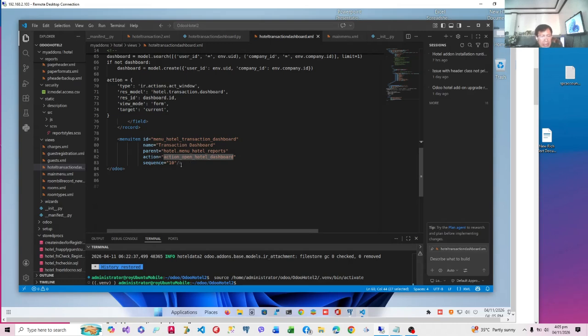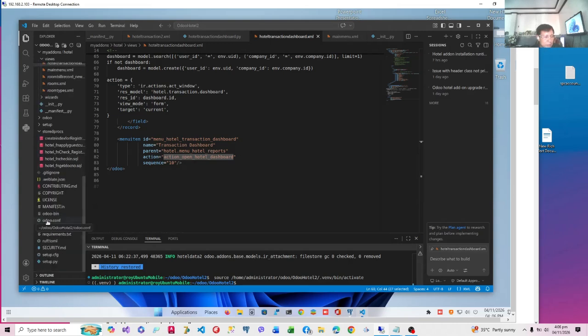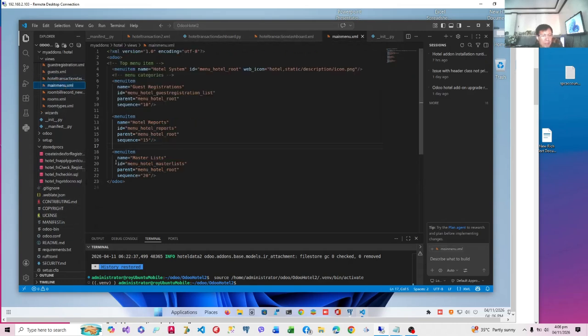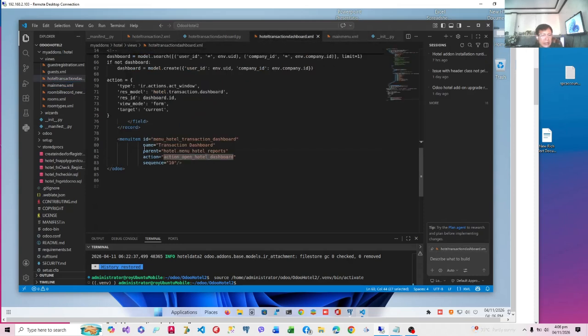Its parent will be menu hotel reports, which means that in our main menu, let's look at main menu.xml, we now have a new report menu before master list. We call it menu hotel reports, which becomes the parent of our hotel menu dashboard. I hope you follow. We're just creating a new submenu which will contain our reports.